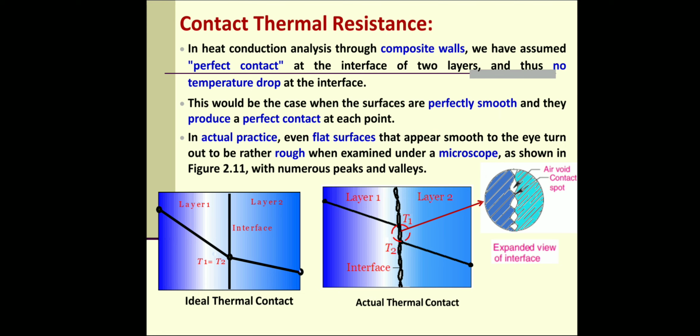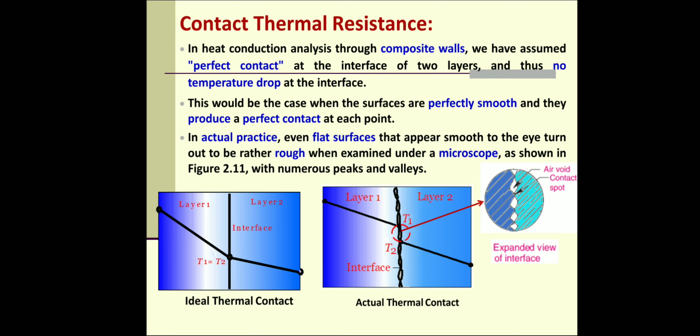But in a real system, due to surface roughness and void spaces, these void spaces are usually filled with air. The contact surfaces touch only at discrete locations, so there is no single plane of contact, which means that the area available for heat flow at the interface is very small as compared to the geometric face area. Due to this reduced area and the presence of air voids, a large resistance to heat flow at the interface occurs.